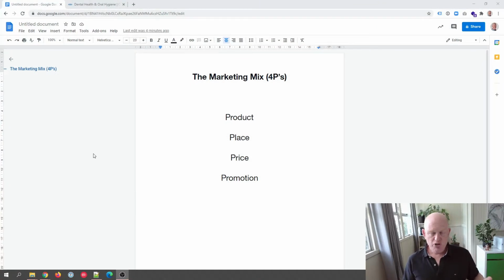As mentioned, I'm going to be talking about the marketing mix, the 4 Ps. Now, there are variations of the marketing mix, 7 Ps, etc. But I'll talk about the primary, or the original, 4 Ps: product, place, price, promotion. In marketing, these need to work together. Products will not sell if these 4 aspects, the product, the place, the price, the promotion,